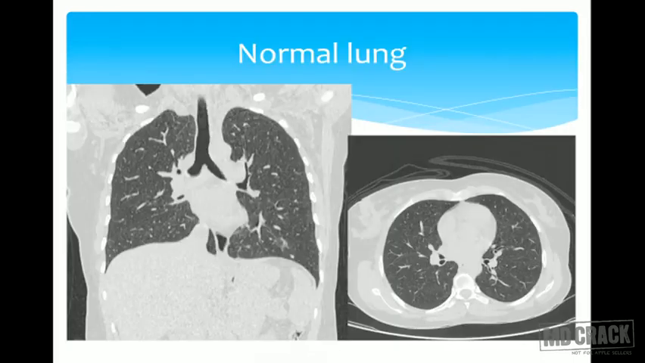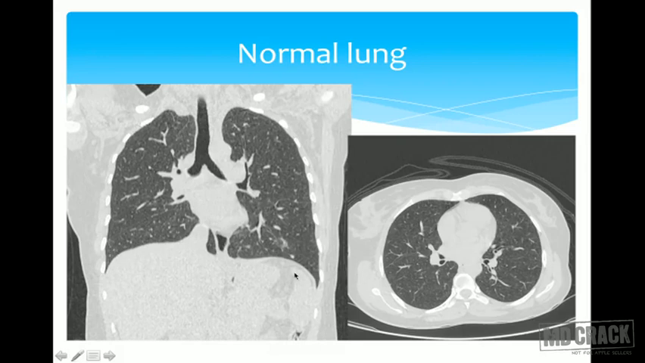So when we do a CT chest, this is what the normal lung looks like. Things look much more clear. This is the lung parenchyma. These are the vessels over here that I'm showing. This is your trachea, bifurcating into the right and the left bronchus. This is a coronal section. This is your typical